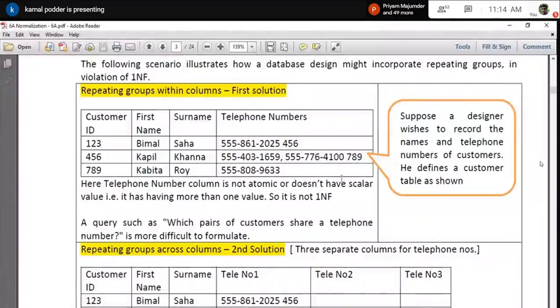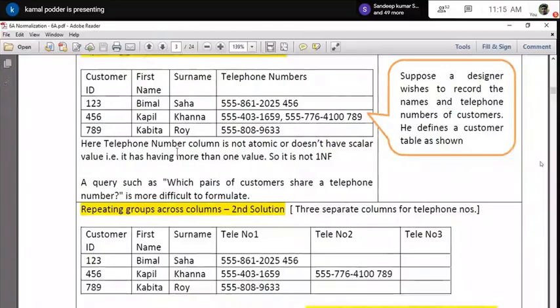Here, unnecessarily, in most cases it might be only one phone number. What does it mean? You are wasting a lot of space also. That is another point. Now, I want to create the table in this way. But the telephone number is sometimes called repetitive, not atomic. That means not a single thing or a scalar. So it is repeated information appearing in a particular column, and naturally it is violating the first normal form.